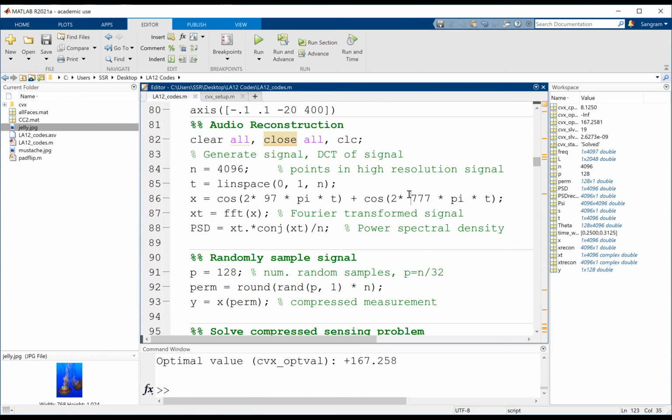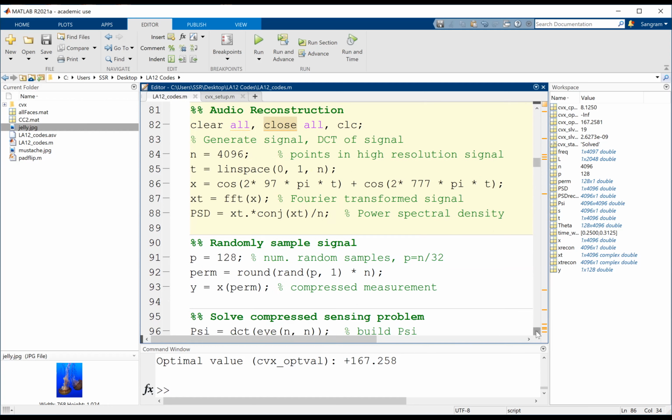The first part of the code, you are just constructing the signal. Once you constructed the signal, you did the FFT to see what are the important frequencies in that signal. Then you did random sampling. Please note, you only captured 128 samples, even though you had 4096, that is the N. You only sampled 128 samples, but those samples were random. Then you constructed a vector, which was the compressed measurement.